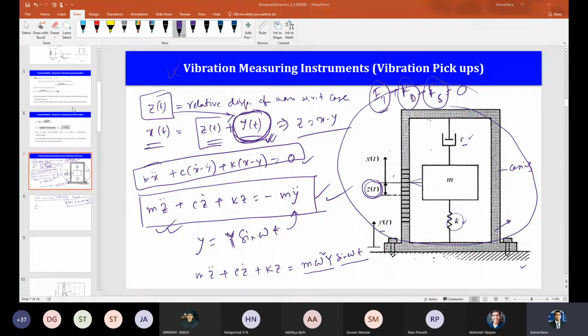Okay, since you are talking like this, just 1 minute. That is already mentioned. So you can go back to those slides or any book. I showed it while developing the equation of motion. I still remember that I developed the spring mass damper system first in the horizontal condition, then the vertical condition considering gravity, and we showed that the equation of motion is the same, and then the system subjected to ground motion excitation. So please go through those things. Let me give 1 minute so I can show that slide.